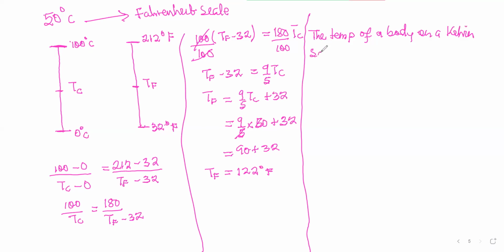On a Kelvin scale, the temperature of a body is found to be X Kelvin. When it is measured by a Fahrenheit thermometer, the same body, when it is measured by a Fahrenheit thermometer,